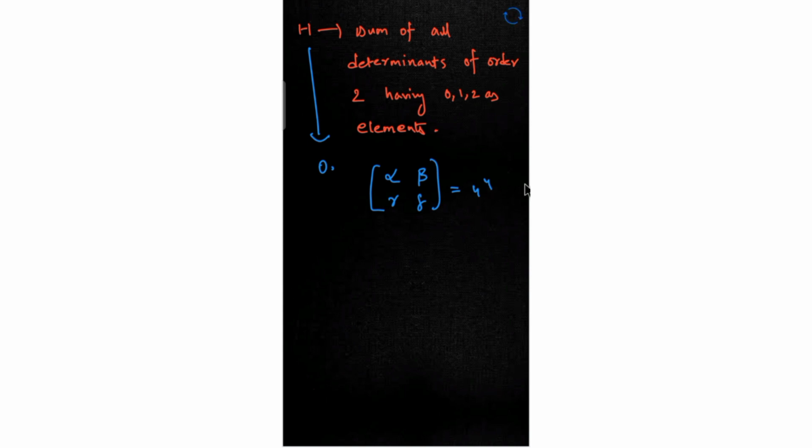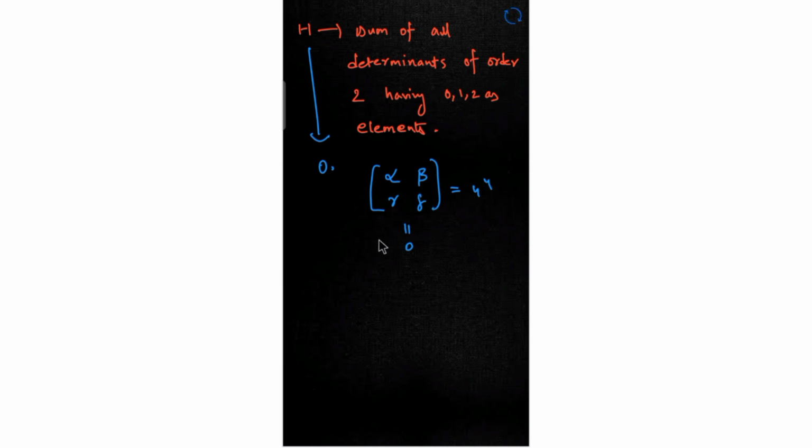Alright, so 4 power 4 is possible, or you can even put all 4 elements in each position. So you have 4 choices to keep, so 4 power 4. So it's foolish, if I ask you to find the sum of all the determinants possible for this, alpha, beta, gamma, delta, to change and find all the matrices possible with these 4 elements and find the sum of all the determinant values. It's foolish to substitute each value and find it. It's a basic common sense thing that it will actually be equal to 0.